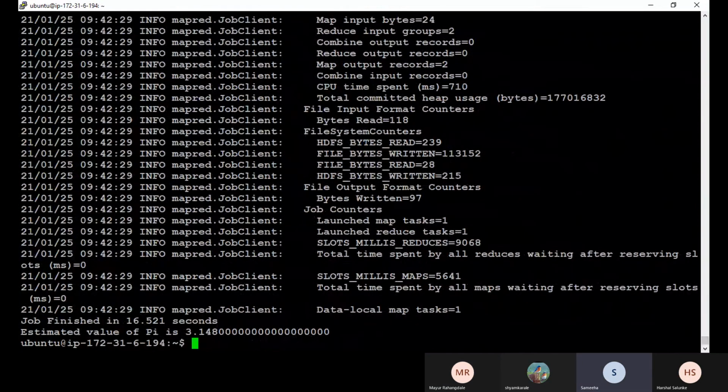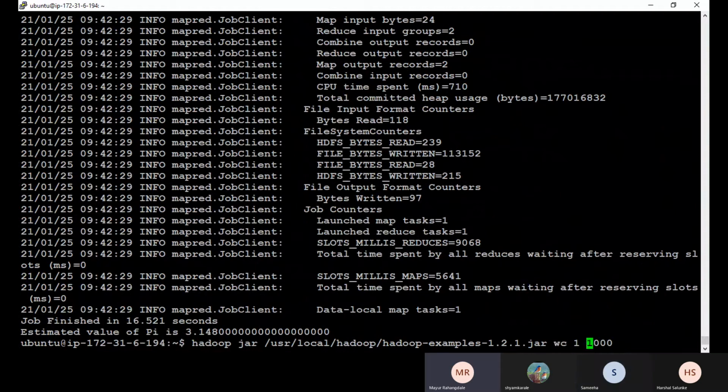So what to type? Word count? No, first we have to create the file. Use the Hadoop jar command like pi, but instead of pi do word count, and write a name there. Is it WC or word count? I think WC only.